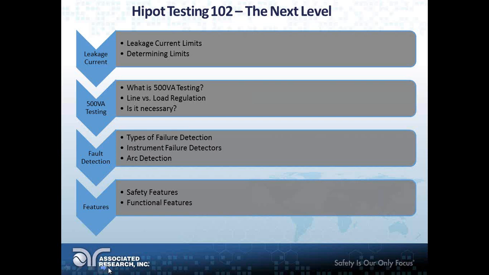So we're going to talk about the types of failure detectors, specifically our instrument failure detectors, because I can't really speak on competitive units' detectors, but I would imagine they were probably very similar. And then, as I mentioned before, we're going to talk about arc detection, because we got quite a few questions on this. And then finally, I want to run over some features of our Hipot testers that after going through